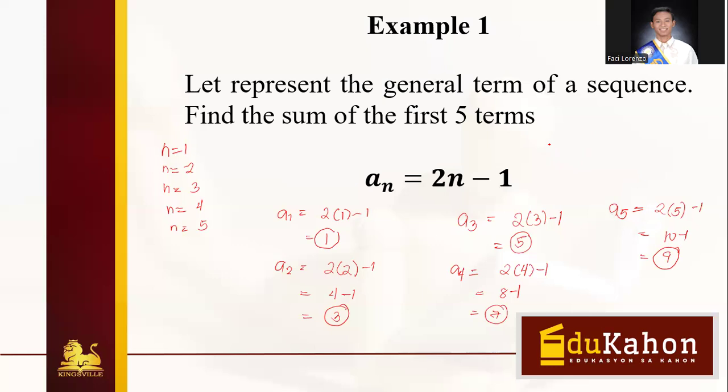So we will try to write this as the sequence having an nth term of 2n minus 1 as 1, 3, 5, 7, and 9 until it reaches the maximum value of the nth term. Okay, so we have here a sequence 1, 3, 5, 7, and 9. And this is what we call an arithmetic sequence because they have a common difference. And the common difference of the terms is 2 because we know that 3 minus 1 is 2, 5 minus 3 is 2, 7 minus 5 is 2, and 9 minus 7 is also 2.